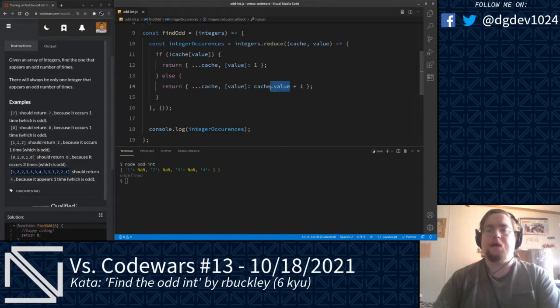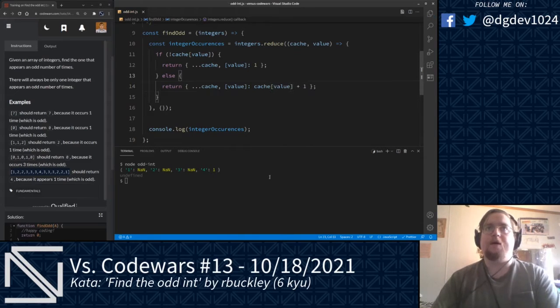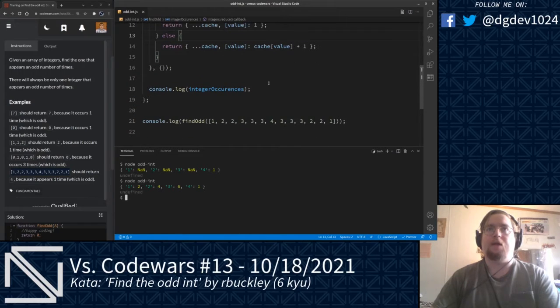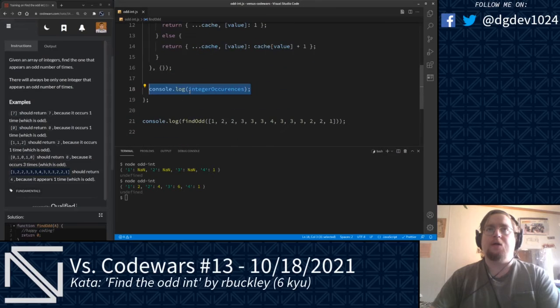Or rather, cache at value using bracket notation here rather than dot. And here we have now a cache of the number of occurrences of each of our elements in the array. Note that the number 4 occurs once in here. We want to return that. Now the Kata ensures that there will only be one number in that array that occurs an odd number of times. So what we'll go ahead and do is